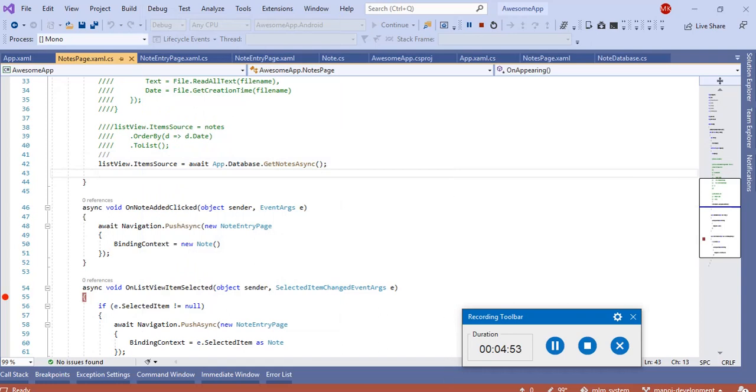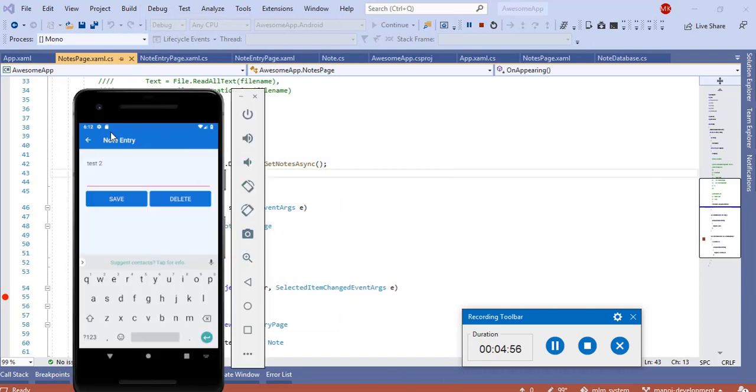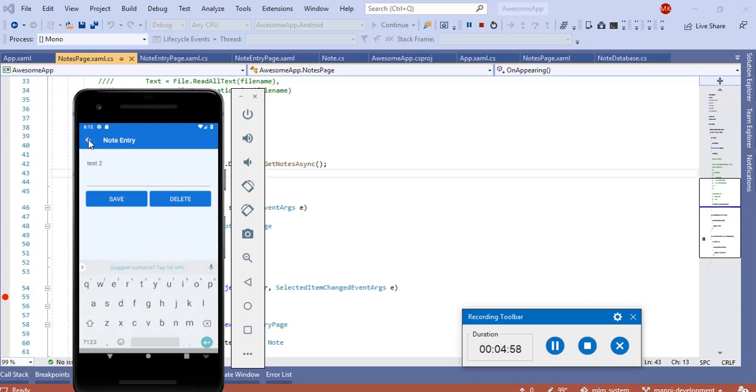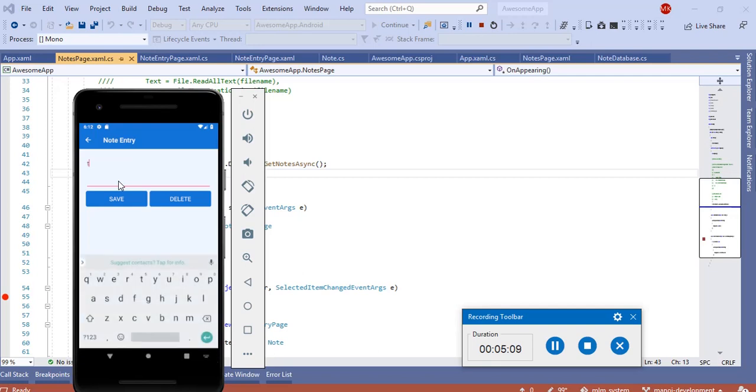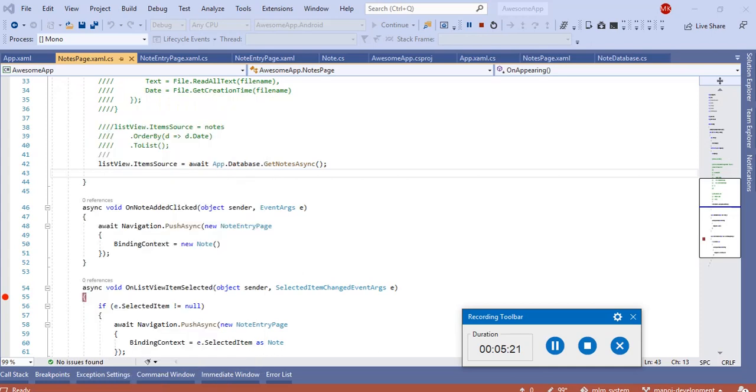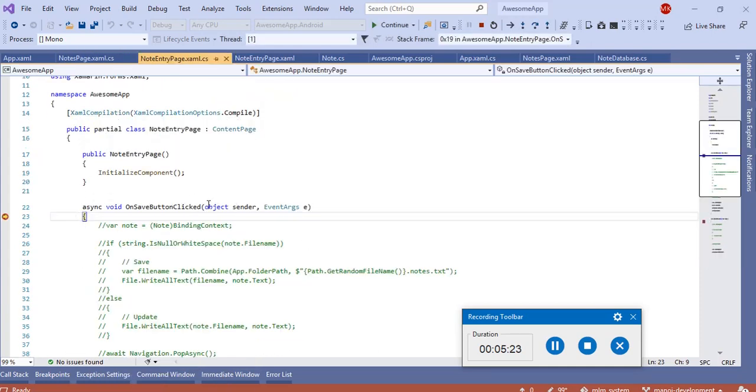My application is running right now, so here is the list. I've added some records already. You can add your records from the plus button, like this is test note 3. If you want to save this, this will hit the debugger whenever the save button is clicked on the note entry page.